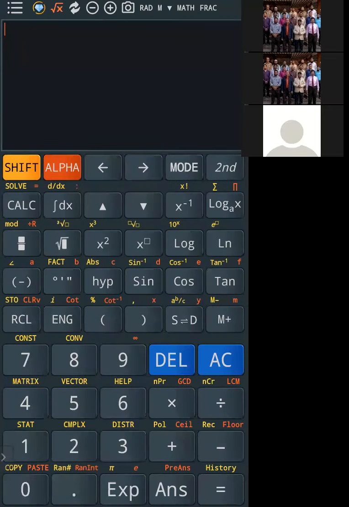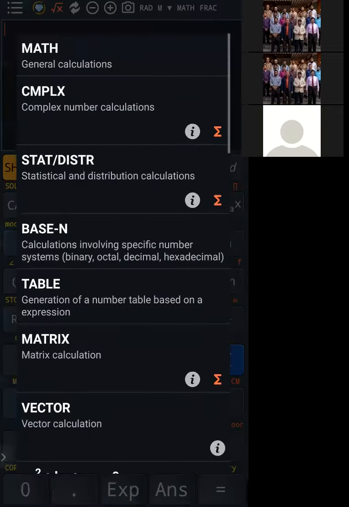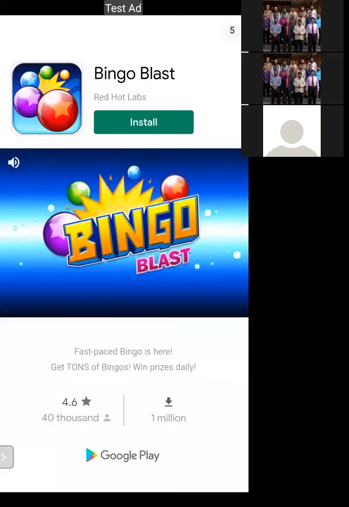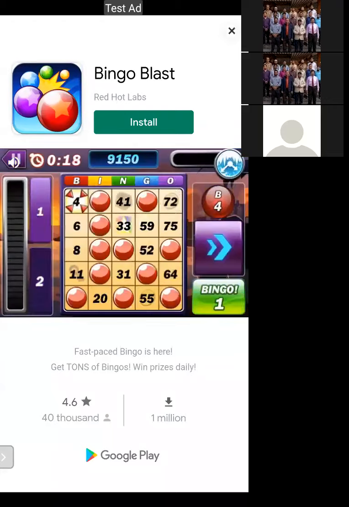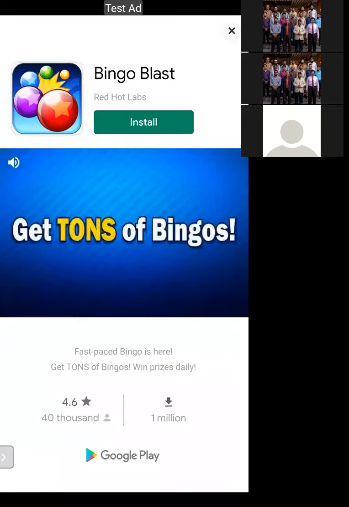How to solve? We need to go to mode, and we need to solve these equations, two equations with two unknowns.